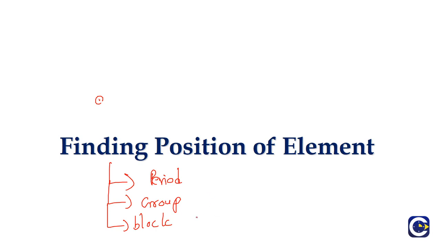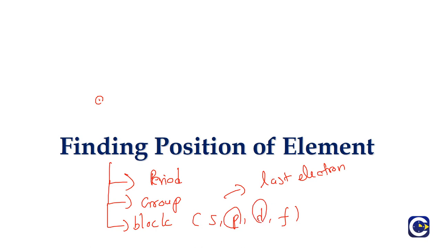Now the classification of the element as per the blocks is determined by the last electron, which we also call the differentiating electron. Where this electron is getting into matters: if it is getting into the S subshell, we call it an S block element. If it is getting into the P subshell, it will be the P block. If it is getting into the D subshell, it will be a D block element. And if it is getting into the F subshell, it will be an F block element. This is how we categorize into the respective blocks.